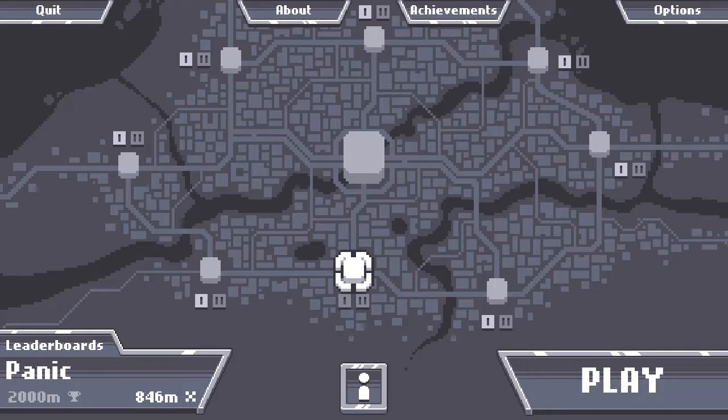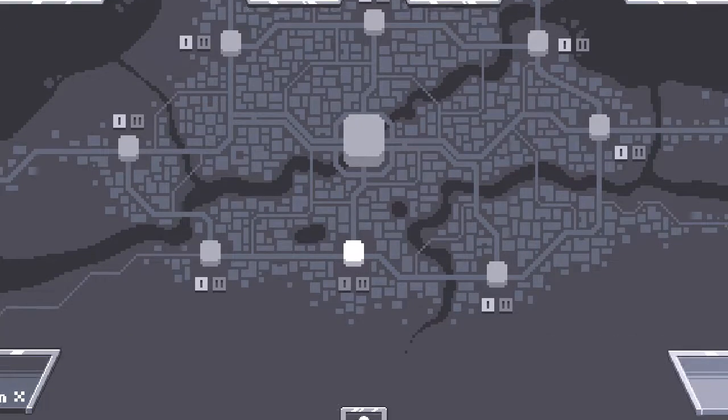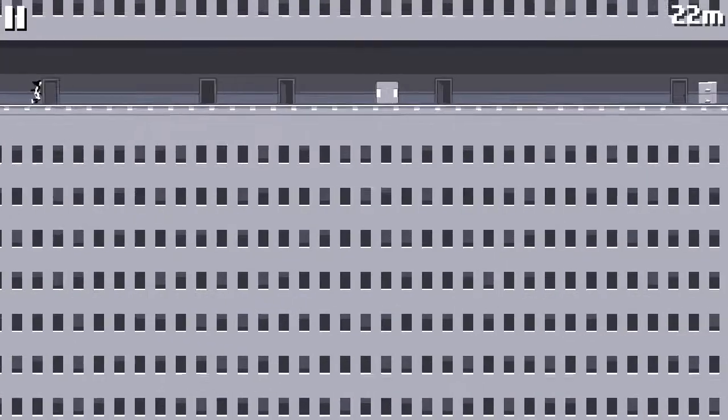Then we have the panic mode. Now, if you thought the original Canabalt was way too slow, this one will definitely give you an adrenaline rush. So, panic, as it's...